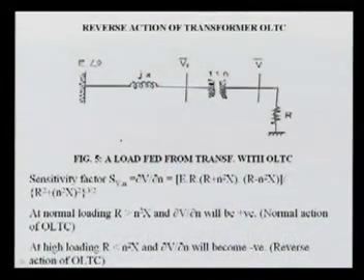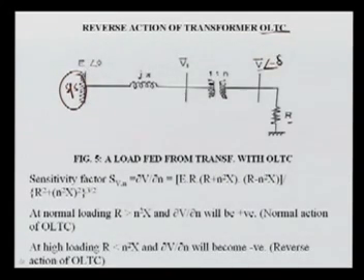Now we can again see the impact of online load tap changing transformers. Already I explained what is OLTC in the previous lectures. Again I have taken a system, here is a substation, or you can say a generator, that is feeding a resistive load, let us take that as R. Here the voltage is V prime, where bar means complex voltage, and here we are taking angle 0 as the reference, and the voltage here is changing, that is your angle delta. So the power will be flowing from this end, and this load is consuming power.